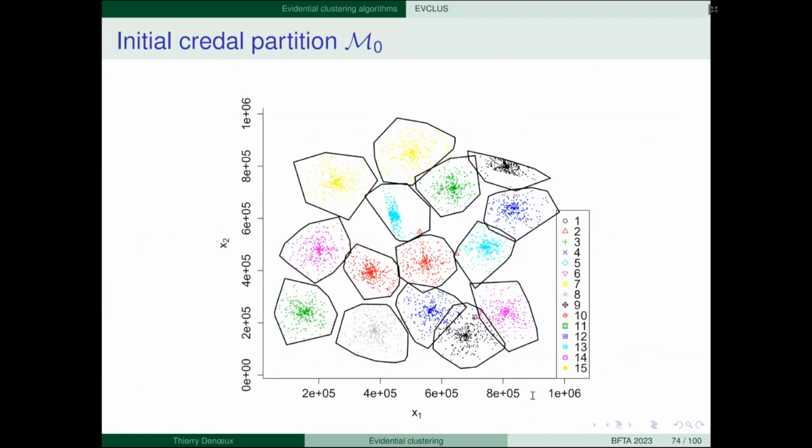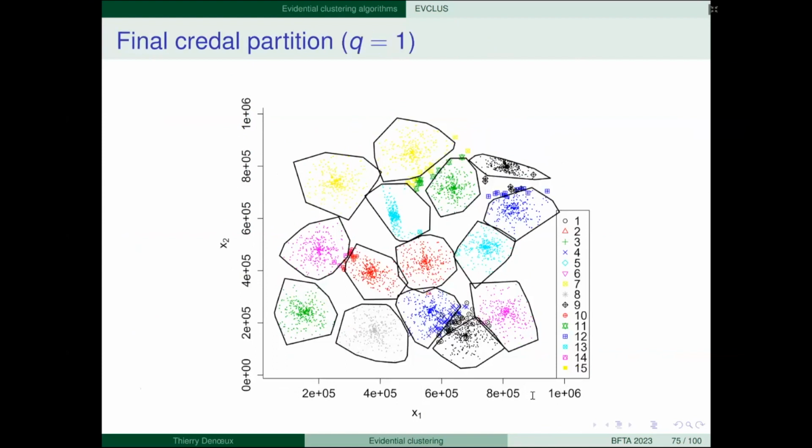And here, this is the initial Credal partition M0, so we don't have any mass assigned to the pairs of clusters. And here, this is after the next step, after we run again, adding these pairs. And here I represent the ambiguous objects. So now we can identify the ambiguous objects that are in overlapping regions.